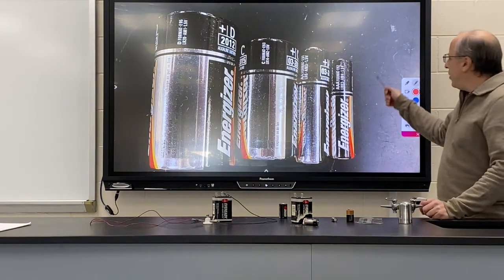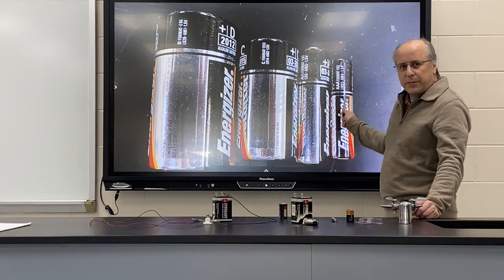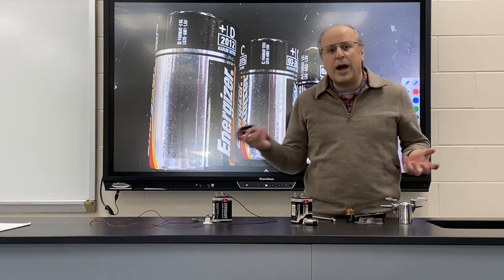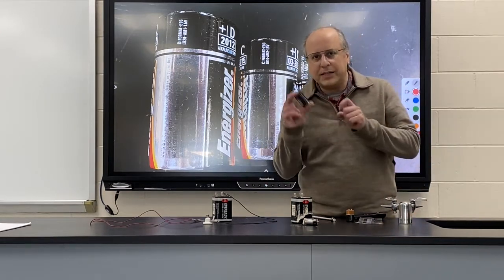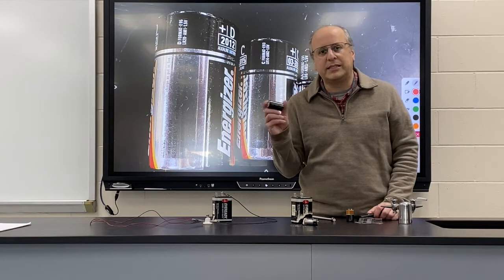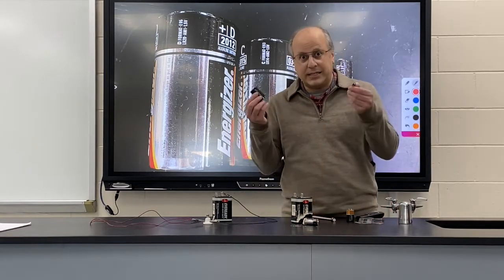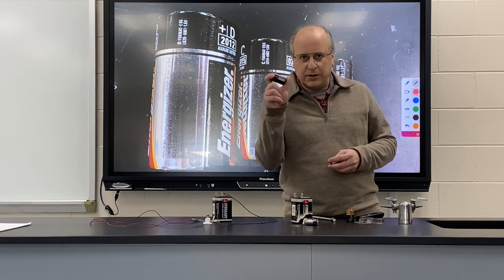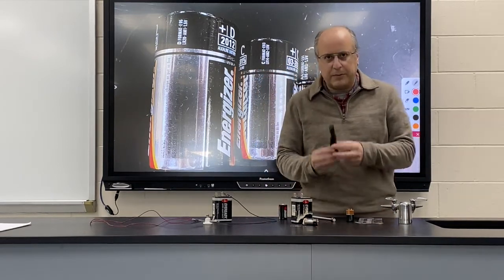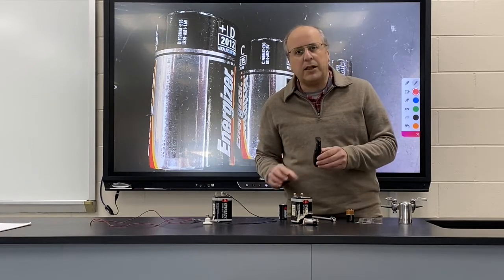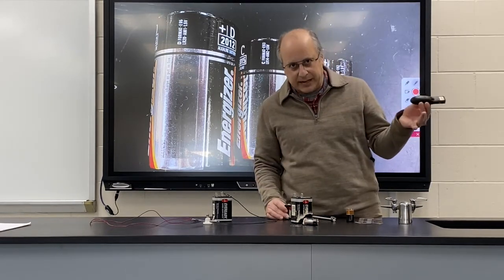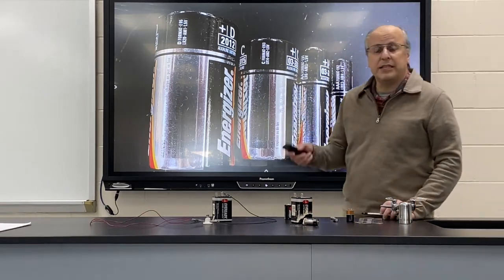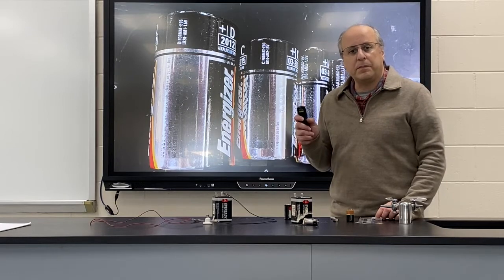You'll notice that all of these household batteries, the AAA, the AA, the C, and the D, are all 1.5 volts. Why are they all the same voltage? Because they all have the same chemical reactions going on inside of them. Why are they different sizes? This one might be used in a flashlight and it will last longer. This one might be used in my remote and it's small enough that I don't have a remote that is giant. Okay? So they have different uses, but they all carry the same voltage because they all carry the same